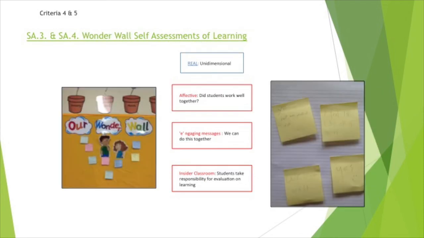In literacy, self-assessments primarily involved the use of the classroom Wonderwall. As seen within Student Assessment 3 and Student Assessment 4, students reflect upon their learning through prompts I have provided to them. These reflections range between future learning interests to more focused assessments on the social learning conducted within the lesson. Questions posed to students often concerned an assessment of how effectively students worked and how they might improve in